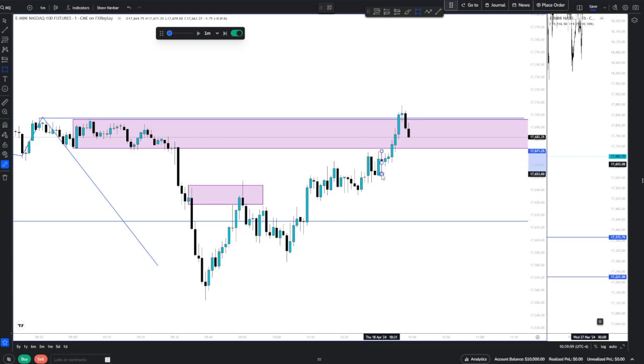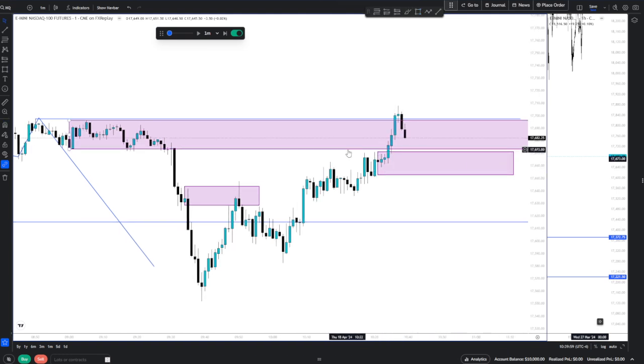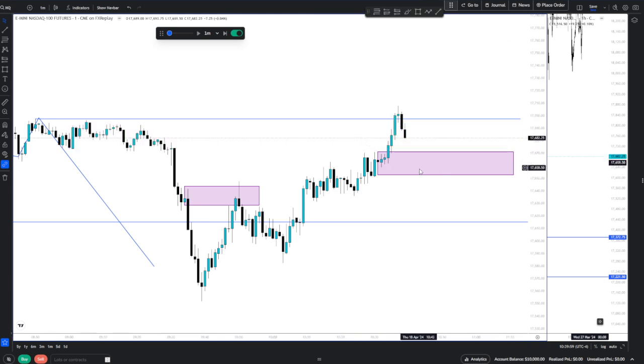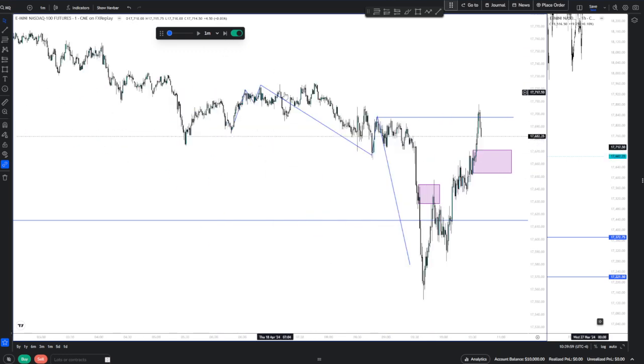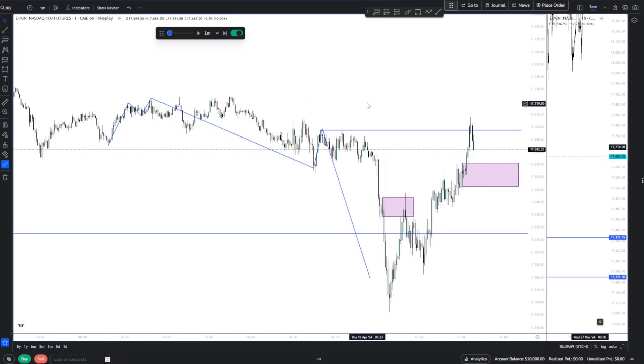Somewhere inside of here, we could maybe frame a long because we closed above it. So closing above, market structure shift to the upside, we could potentially frame a long out of here, like with some kind of lower time frame setup, or you can just long. I mean, it just depends. What would be left up here? And we could target,